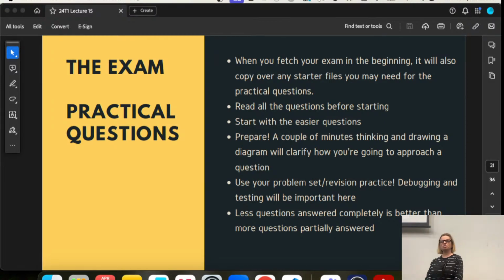Before you start answering, draw some diagrams, do some thinking, clarify what you're going to do. Actually think about what you're going to answer. Often towards the later questions, in question 10 and question 11, I get quite a bit of essays of people writing comments of how they would solve the question, which is actually quite nice. And sometimes if their answer is very nice, I will give it some marks, because if someone has thought through what to do but just hasn't had time to write the code, but their thinking is correct, that's quite nice too. But if their thinking is wrong, I will not give you marks.